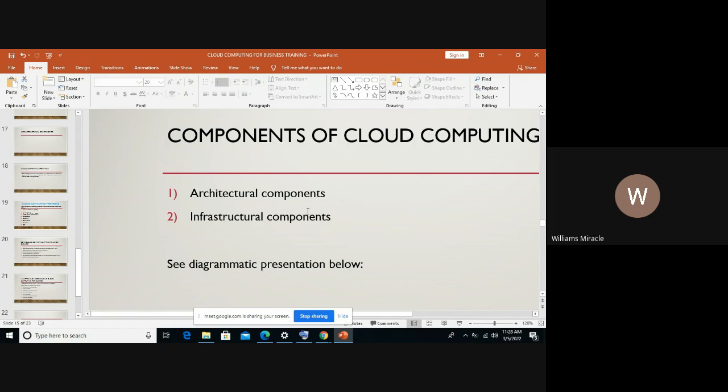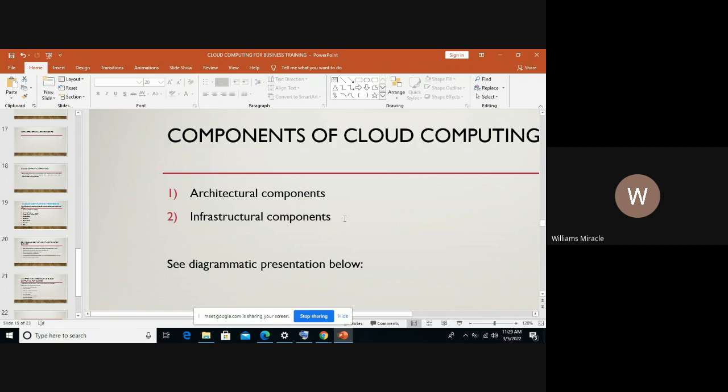So the server, infrastructural components also. So servers help to compute the resource sharing, you being able to share your files and every other thing online, and other services such as allocation of resources. So the server does that.